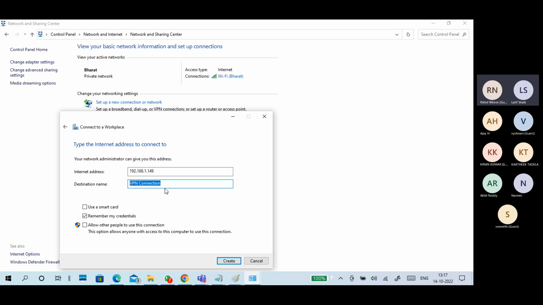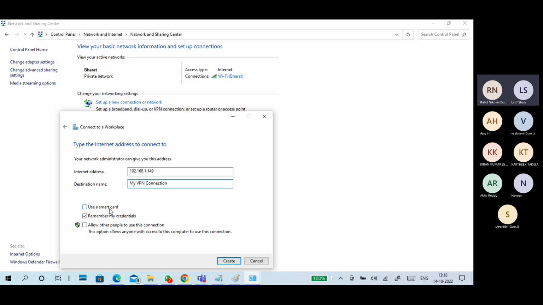And my destination connection name, so I will put my new office, my HID, some name, any name you can. My VPN connection.